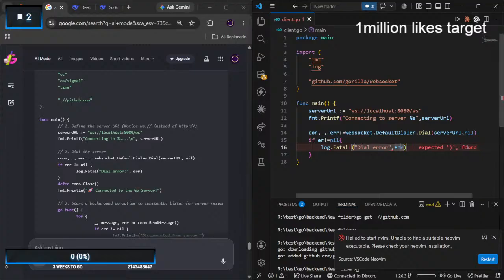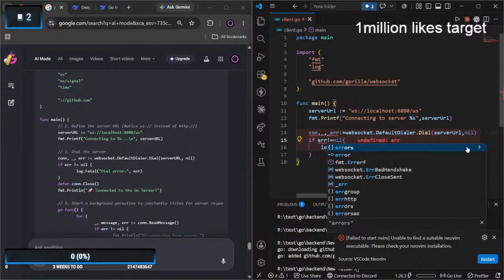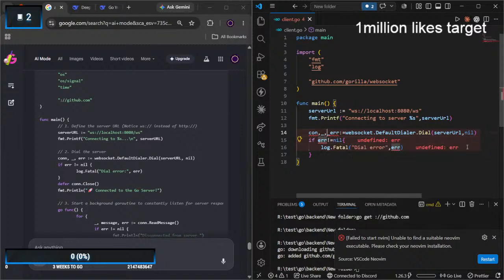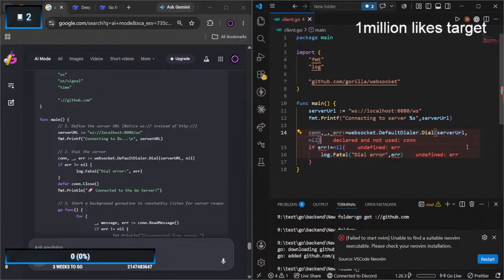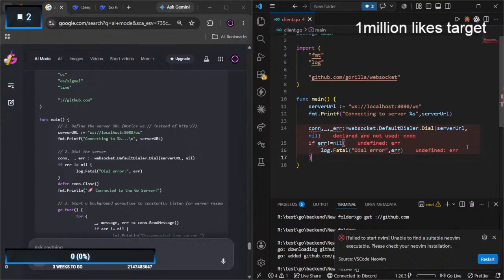What will happen with the second bracket? This is supposed to be error. So we see. Why does it say error is undefined? What the hell? I have it. Oh, what the hell is this?